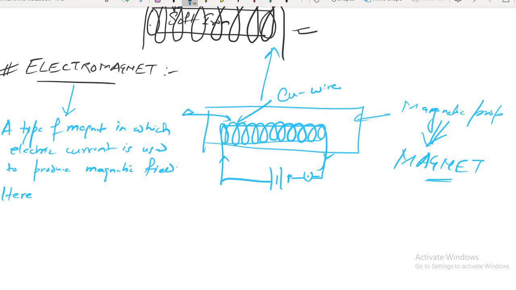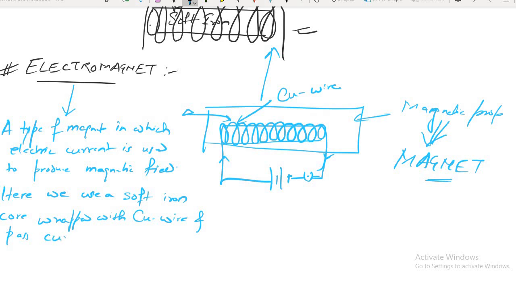Here we use a soft iron core wrapped with copper wire and pass current through it. Okay, so this is the explanation of an electromagnet.